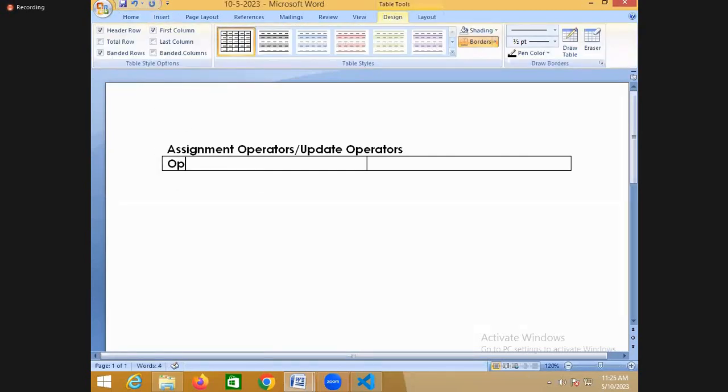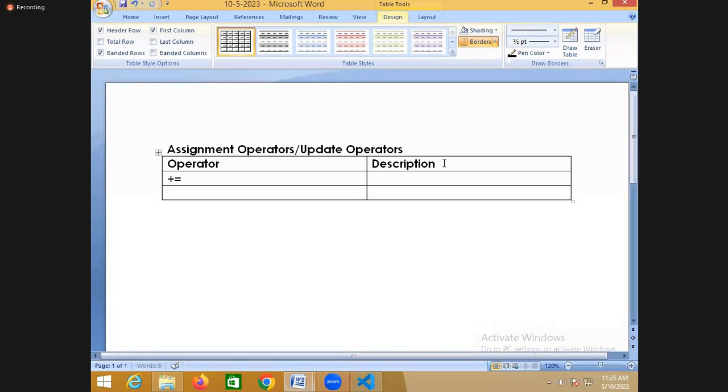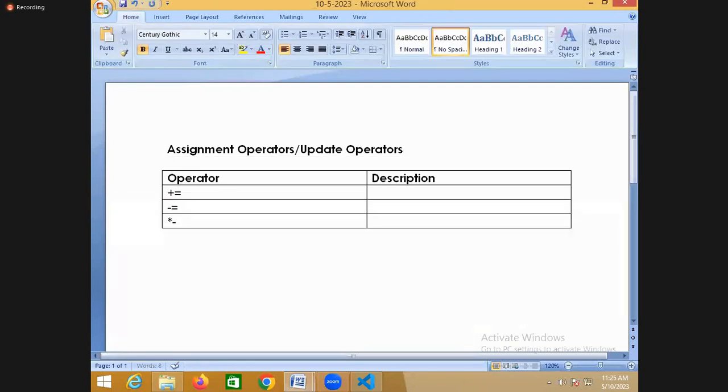Okay, so this is an operator. So what is the operator you have? It is plus equal. And there is a minus equal. Yes. Plus equal, minus equal. So assignment operator is a binary operator. See, assignment operators